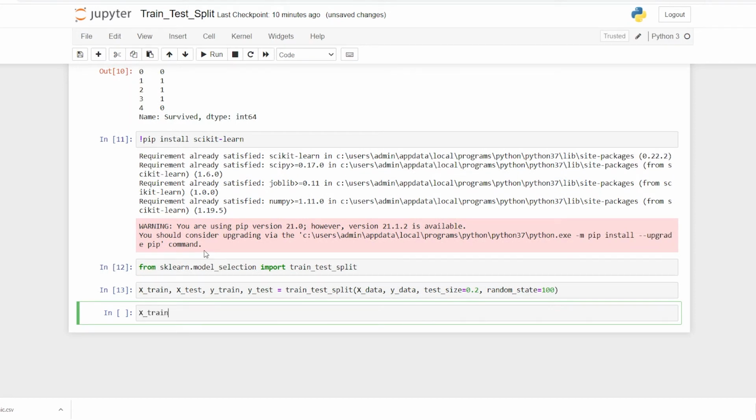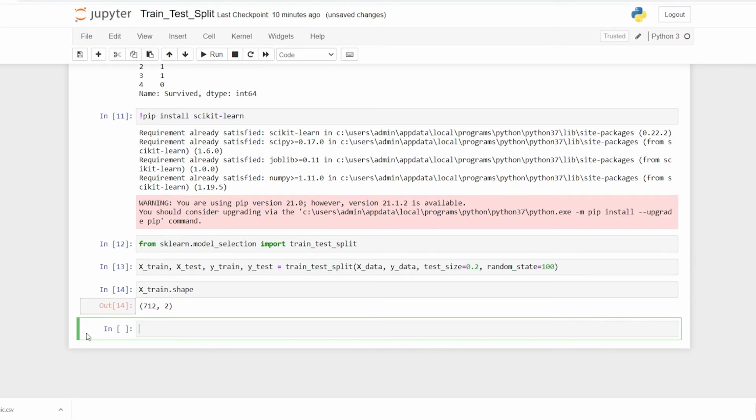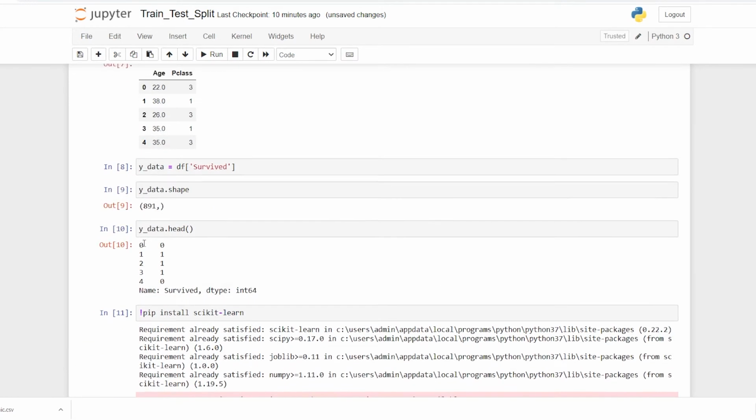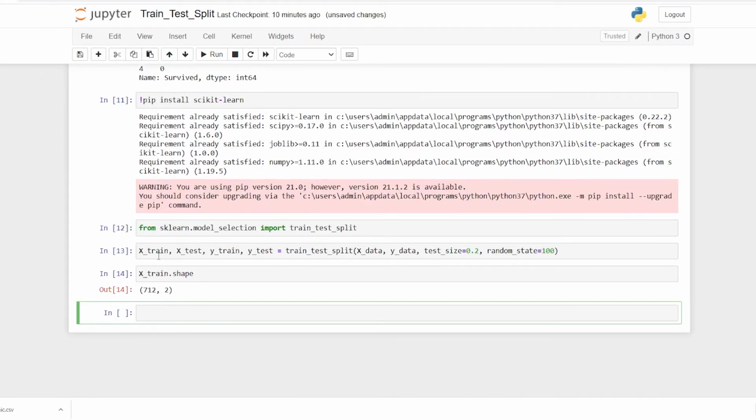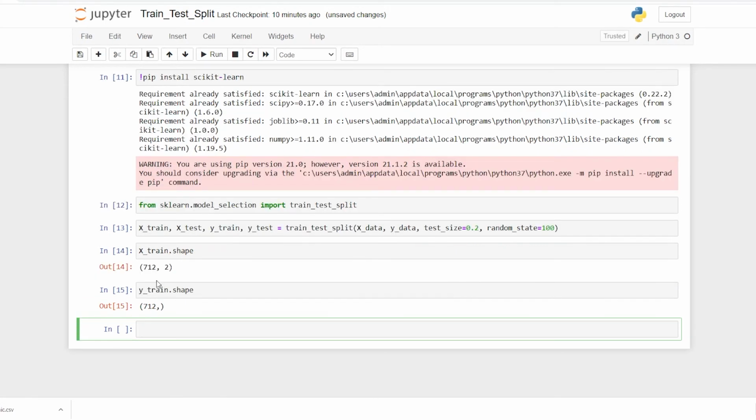Now I can say x_train.shape, and it gives me 712. If we check the shape of our data, it is 891. So 80% of 891 is giving us 712. Similarly, I can check the y_train shape, and it is going to give me 712.